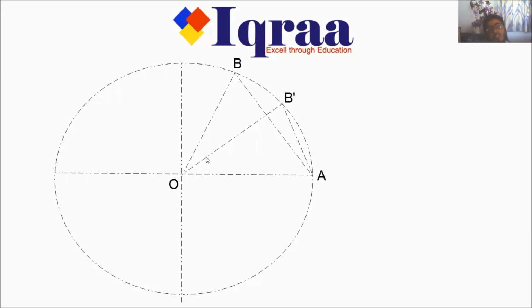But as this point B moves to B dash, which is closer to A, this angle theta, which is subtended at the center, is decreasing. And when this angle theta is decreasing, the arc length AB dash and the chord length AB dash are becoming equal. So when this theta becomes smaller and smaller, this arc length and the chord length become nearly equal. And when the angle theta is tending to 0, or when we say the angle theta is very small, then the arc length and the chord length are nearly the same.